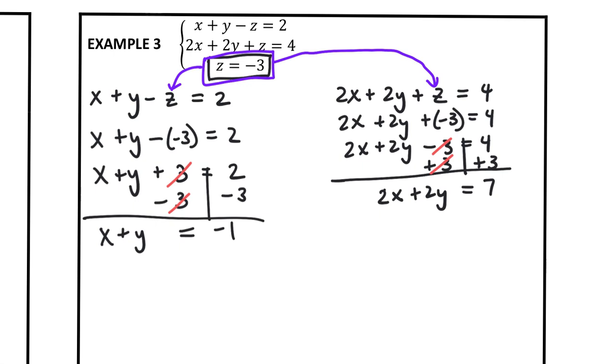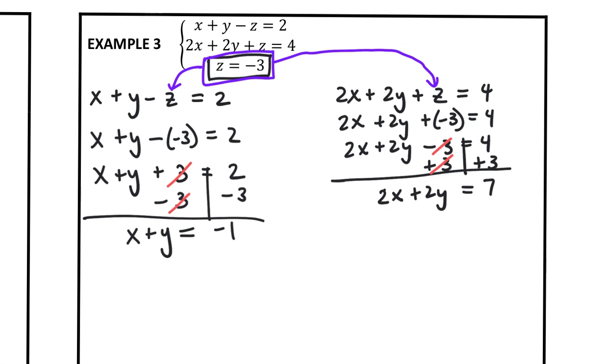Okay, so what we can do, and I'm going to erase this part here and move it closer to the equal sign. So I'm going to erase the x plus y, but it's correct, I just want to move it closer to the equal sign. I still have the x plus y, I'm just moving it closer. All